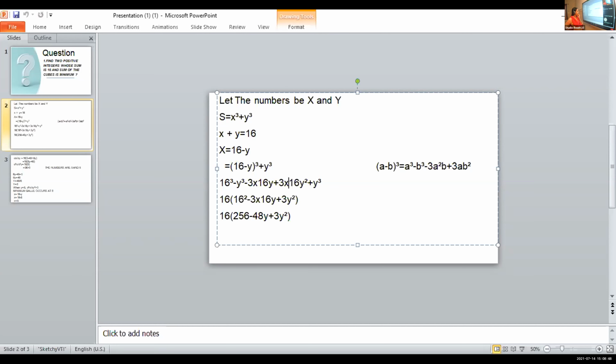Again, look at the next point. That is a correction. We'll give the correction here. It is a cube minus b cube minus 3a square b plus 3ab square. So that is the correction. And here also everything. Here we are getting a function, yes. And look at the next one. Show the next screen, Tomlin.